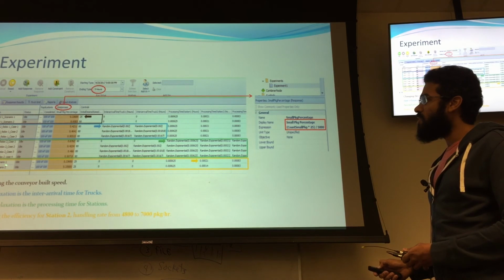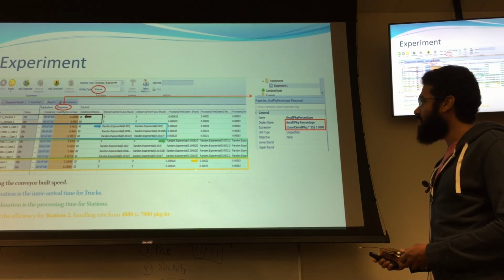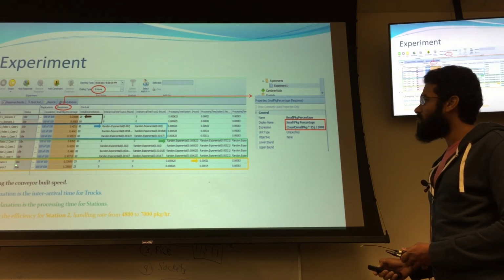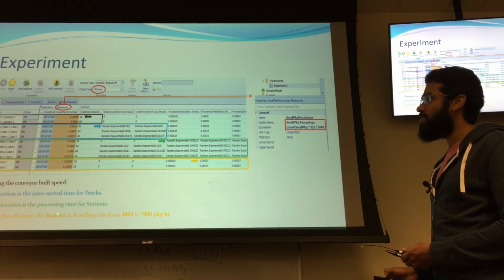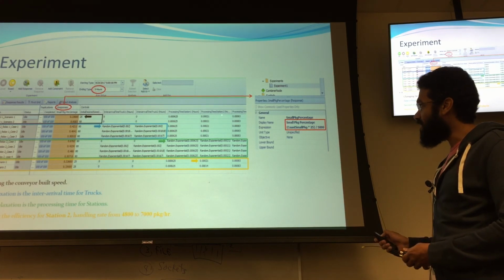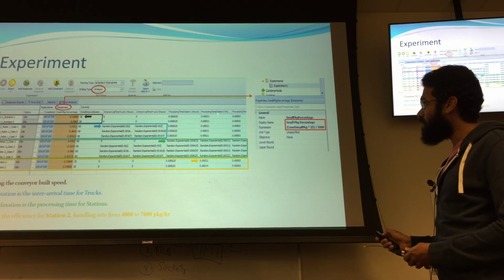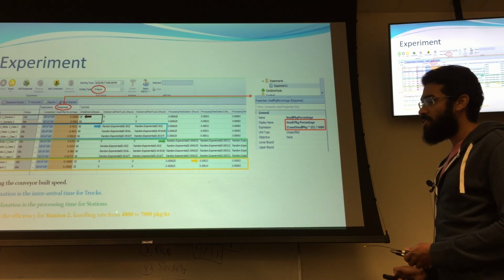And for the last box here, it's our two scenarios for project 2, which were focusing on improving the efficiency for station 2. As you can see here, this is the processing time for station 2 and 3 and 4 and on. But I'm going to focus on the station 2. We changed the mean handling rate, as you remember in the first slide,